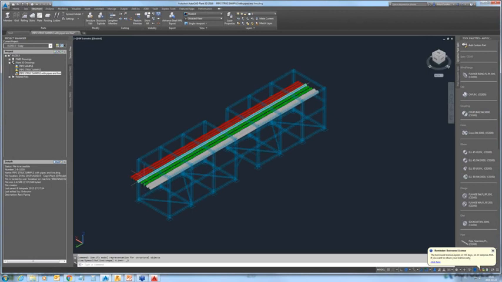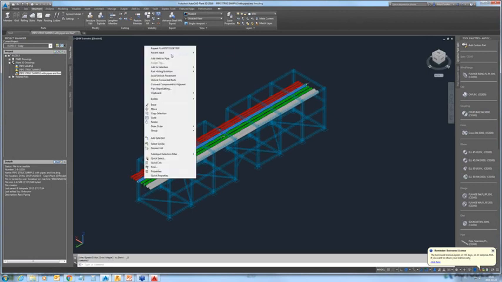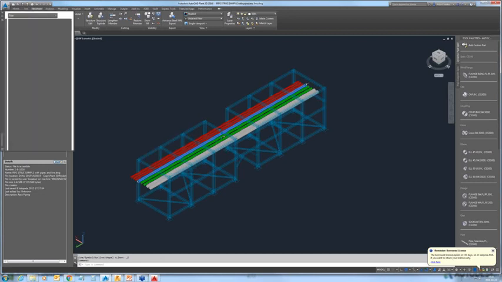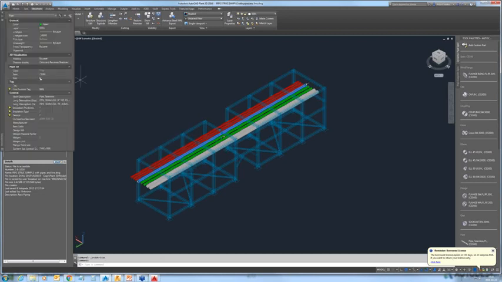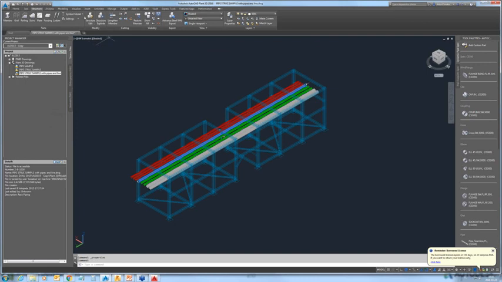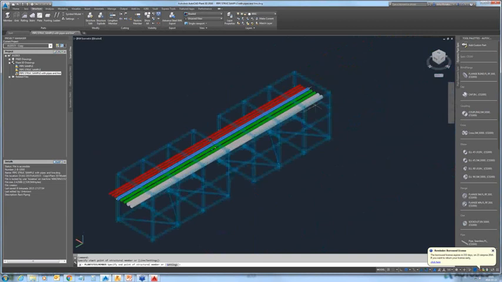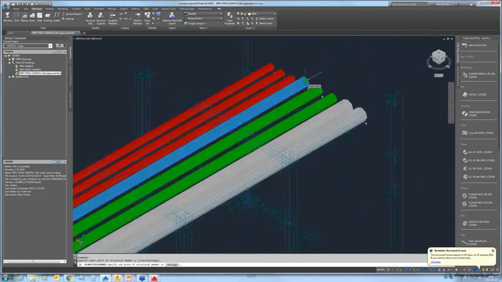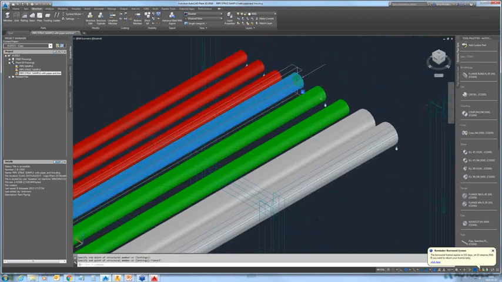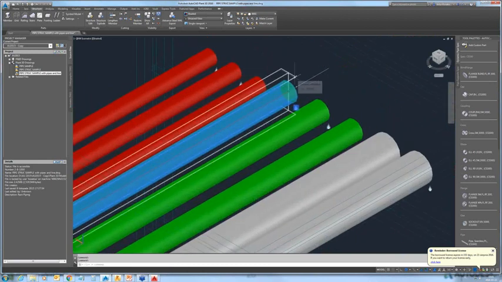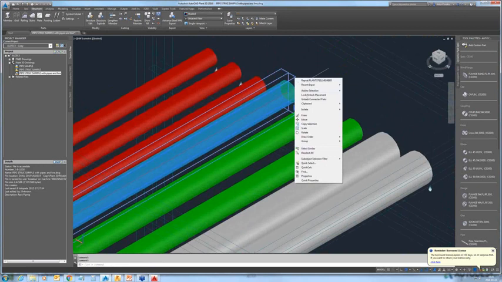Okay, I will select one of the pipes, and if we go to properties, we can see that this is an 8 inch pipe defined with an Advanced Steel object. What I'm going to do is create a structural member. Okay, I will click on the origin of this pipe. I will finish at the end. Okay, I defined the I section, but if we